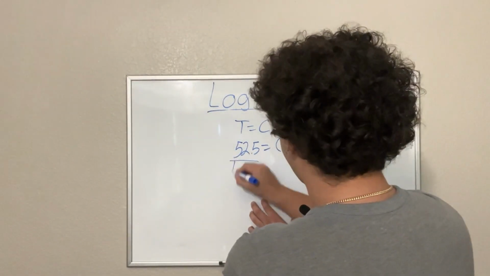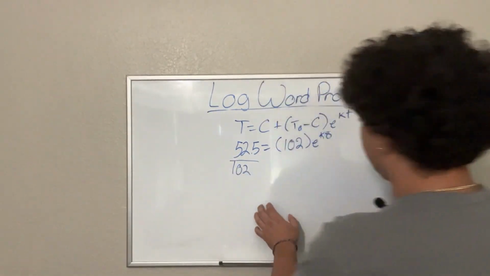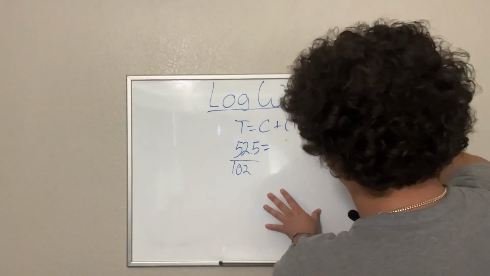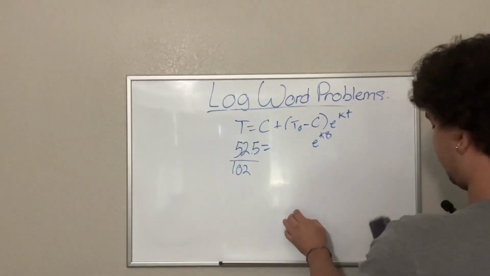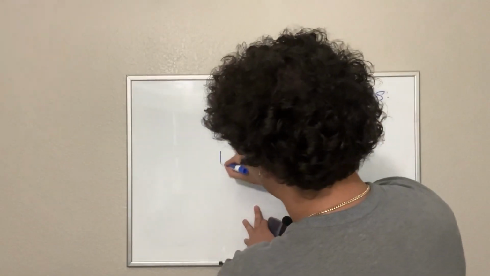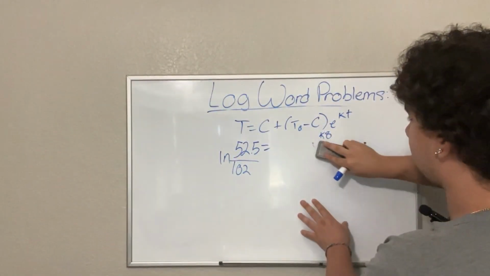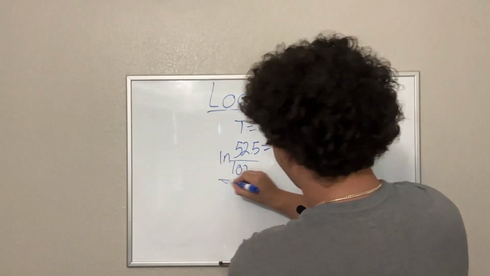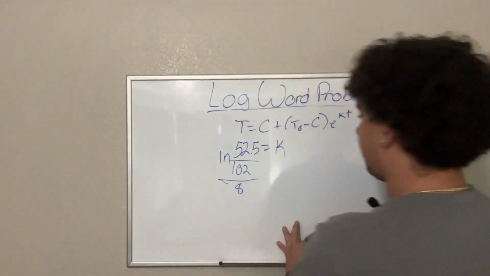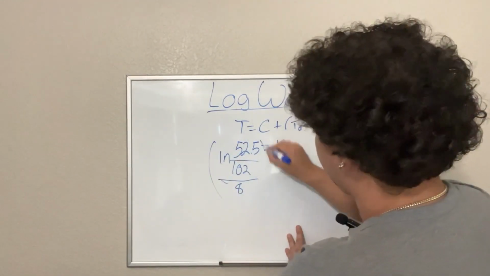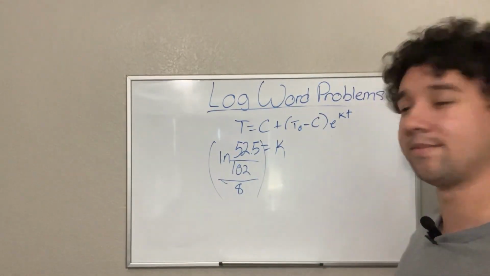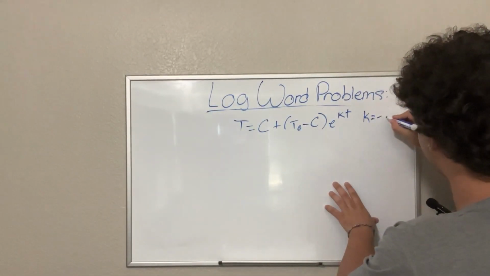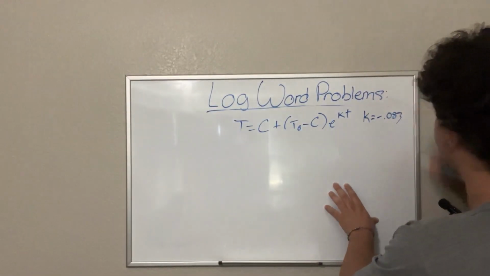So divide everything by 102. That gets rid of this part here. Okay, got to take the natural log of both sides. That gets rid of the e. Then I've got to divide this thing by 8, making that our growth rate. Okay, so now that we know that k, our growth rate, is equal to negative 0.083,